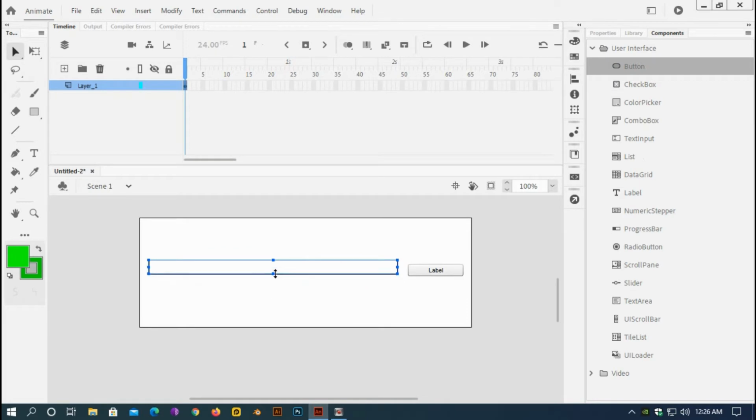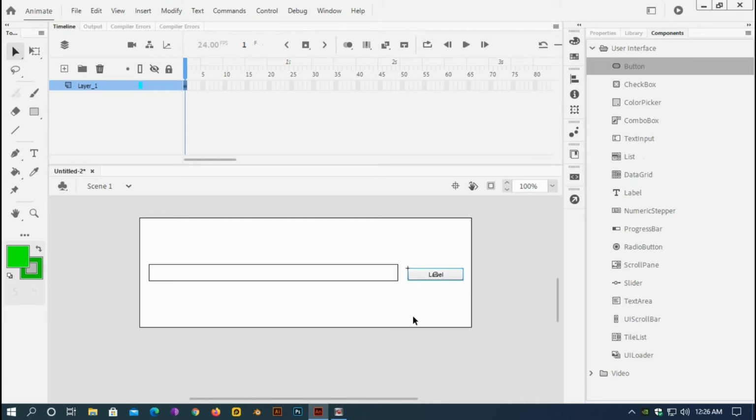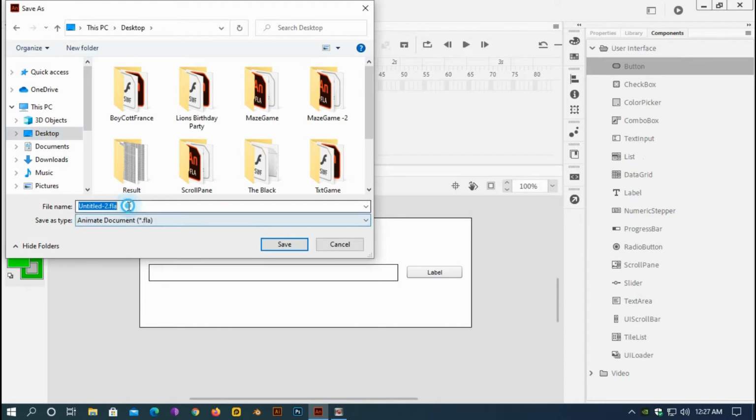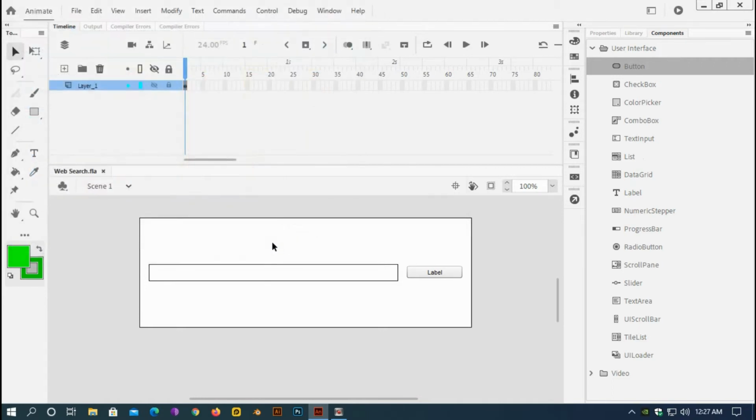Okay, and make it a little bit smaller. I think it's okay, and if I test it, but first I have to save this file. So file, save. I'll save it on my desktop. Here I'll name it web search. My file has been saved, and if I test it,